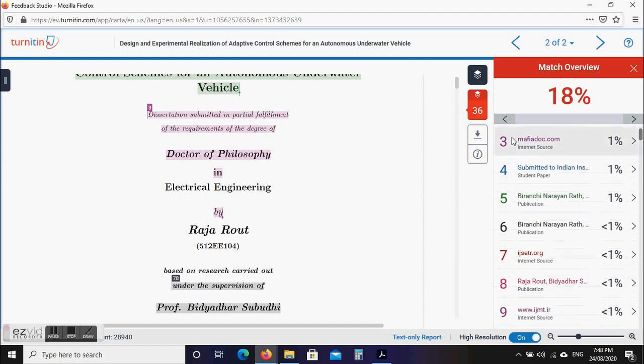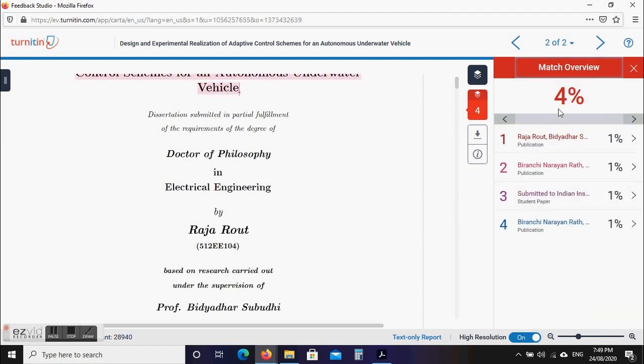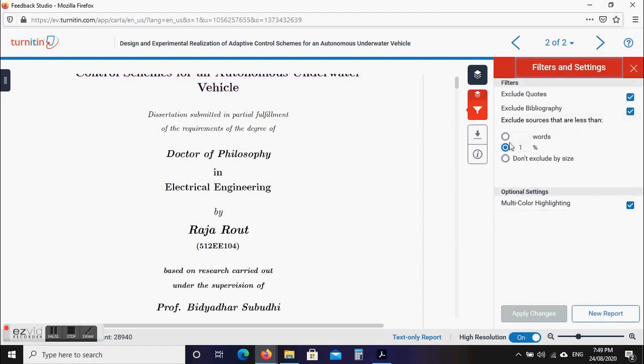Suppose I wanted to remove all those resources matching less than 1%. As we discussed, if I put 1 here and apply the changes, you can see it's only 4%. The reason is the less than 1% resources are gone. So that is the purpose of this filter.